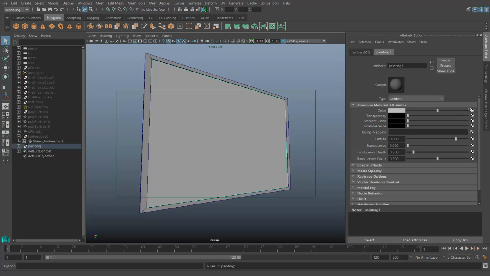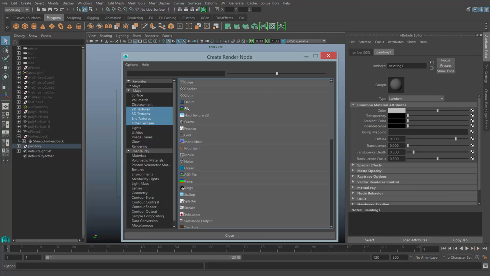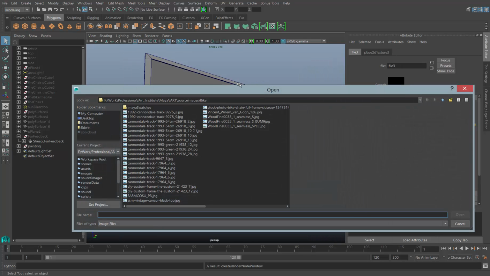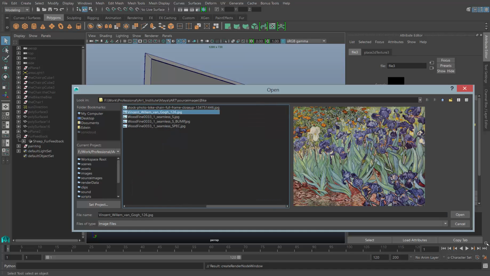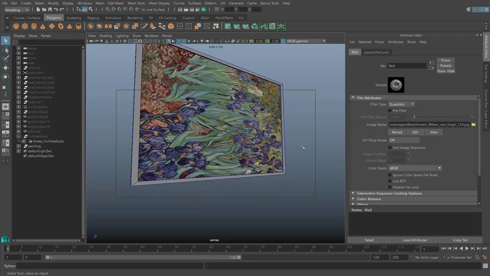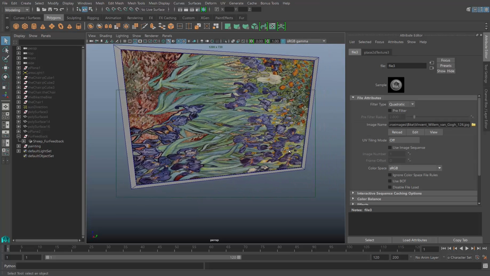And for the diffuse color, I'm going to click this checkerboard, go to File, and image name. So I found a public domain Van Gogh painting, and so I'm going to assign it to that image,